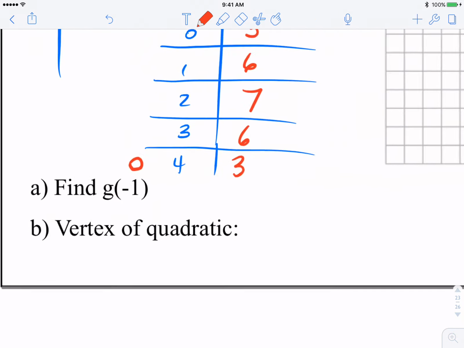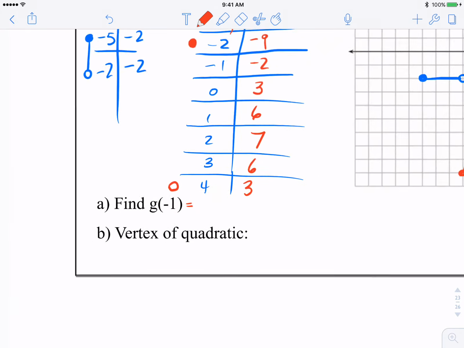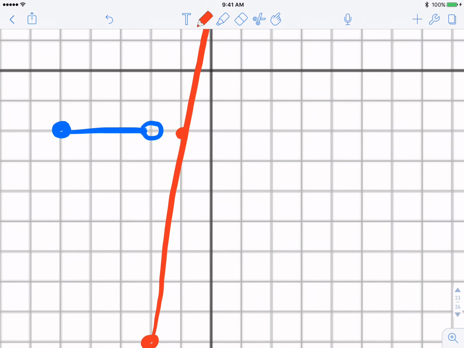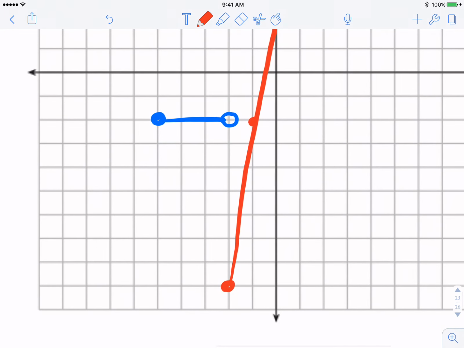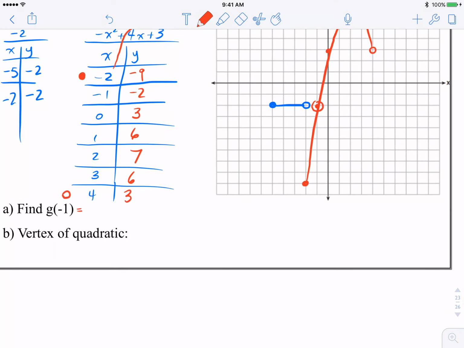If we look at part A here, it says, find g of -1. So what does that equal to? If we go to our graph, at -1, we're looking for where the graph is included, which would be right here. Okay, and that's going to be -2. If it had asked, let's add another little practice question in here. I think this is what I originally meant for it to say. G of -2,